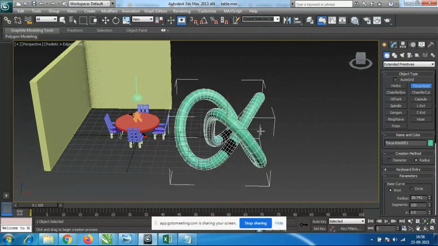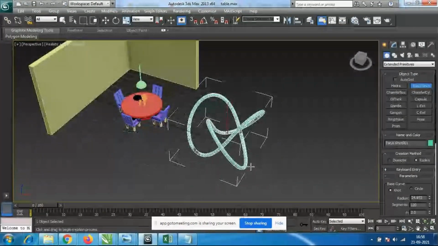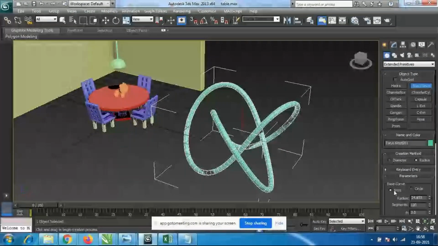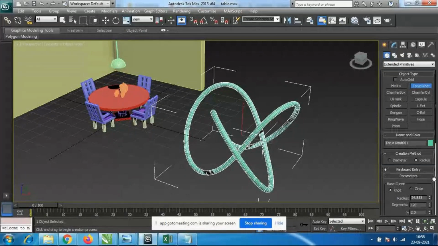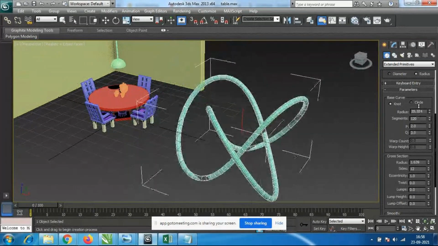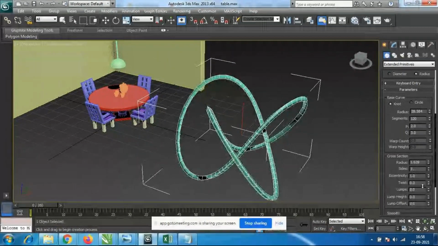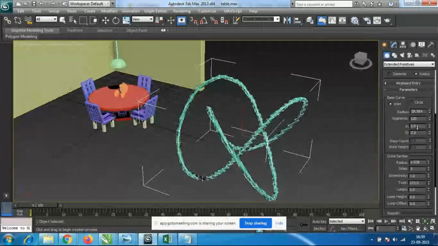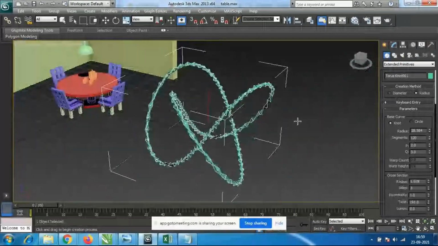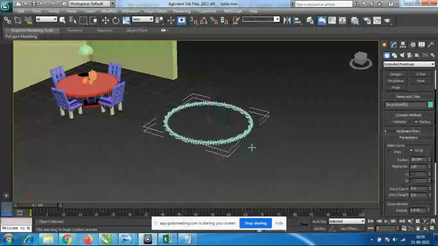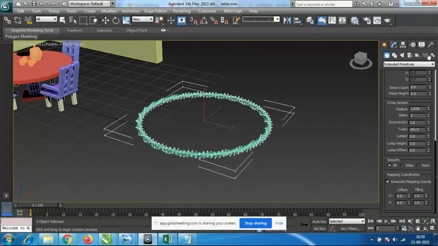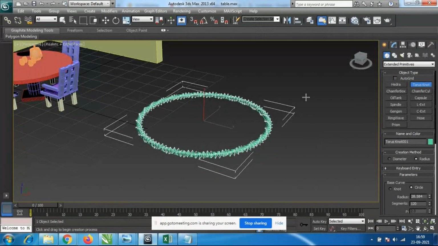Some of the tools are useful, some of the tools, I feel, are not useful. Yeah, circle is there, okay, but this knot, you people have to tell me where we can use it. See, radius, twist, all these twist options will be there. So just check all these options. The circle and all, you people already know how to use it. Here at the bottom we have this property window. So just check all this torus knot, it will just come as a circle.